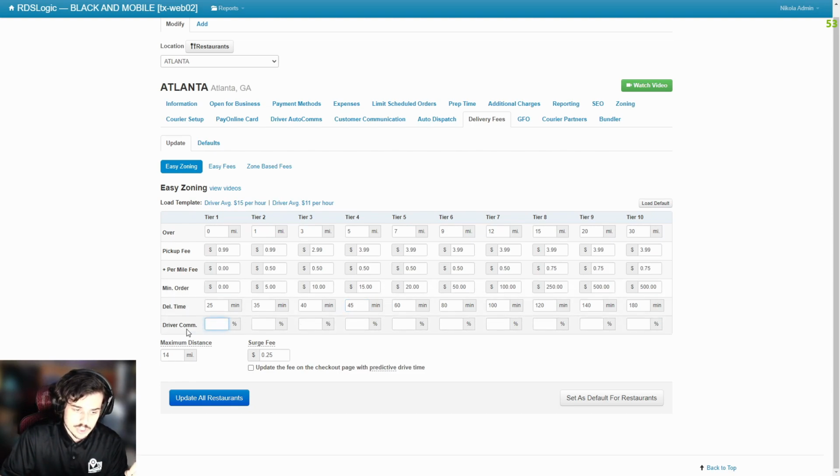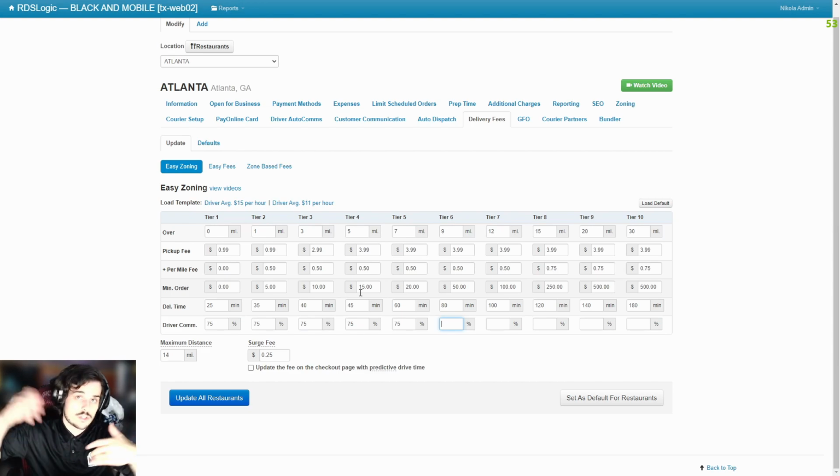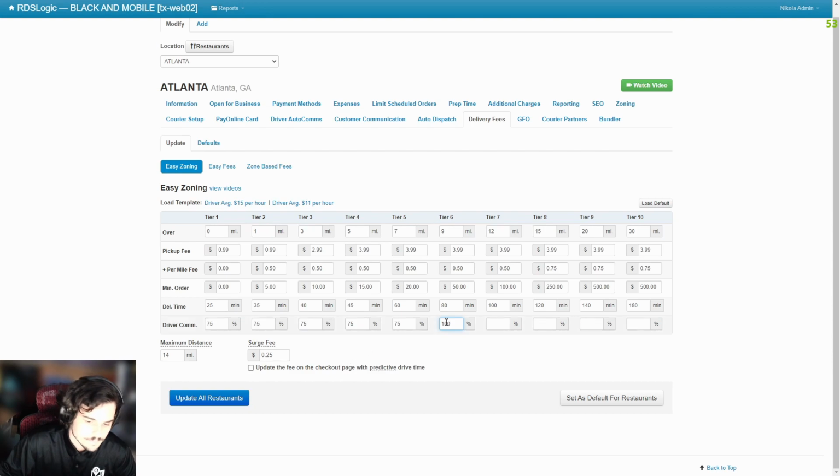And then the driver commission, you actually have this field in each individual driver's profile, and you can change this and you can override it. But if you want to change this right now and say, so up until, let's say, tier 5, you have to make a certain amount of money through the delivery commission. So let's say you set this up to like 75, and then anything after 9 miles you're making enough money because the order is big enough, then you can say that the driver maybe gets 100% of those fees. So once we have that done,